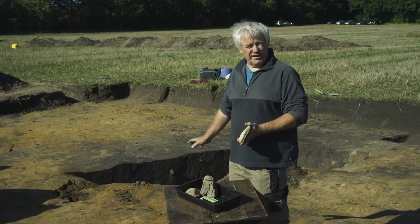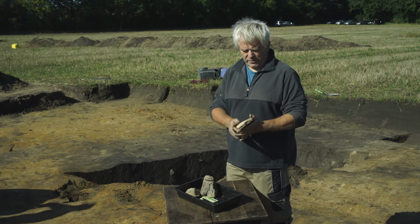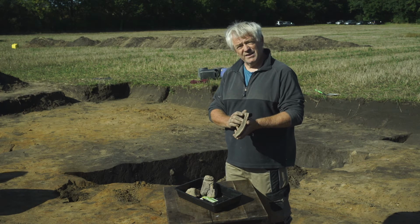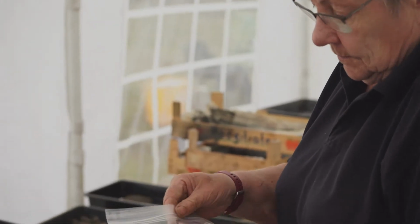But there are other things in this ditch, and what we've got quite a lot of is pottery that's of a Roman date, a Romano-British date, and we've also got a very large piece here of amphora. So this is very much the archetypal Roman storage jar. It could have had